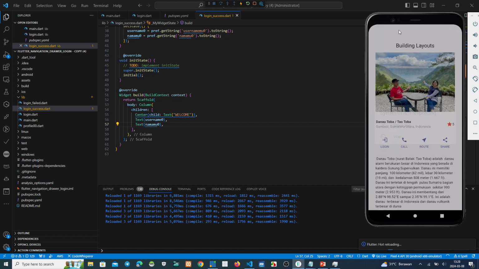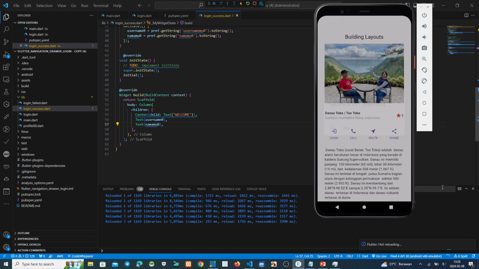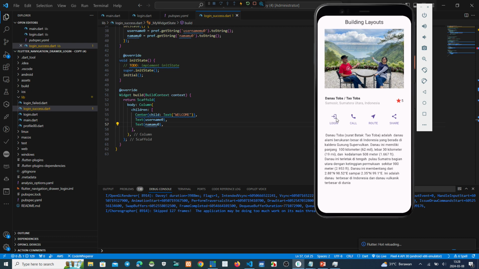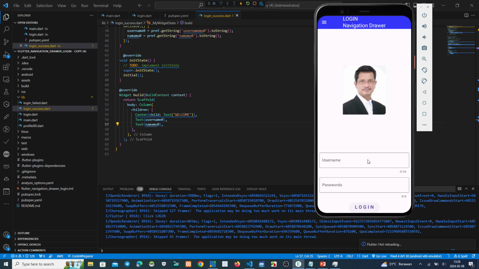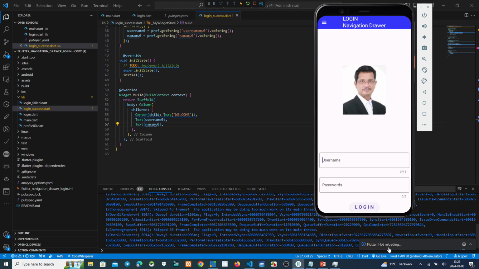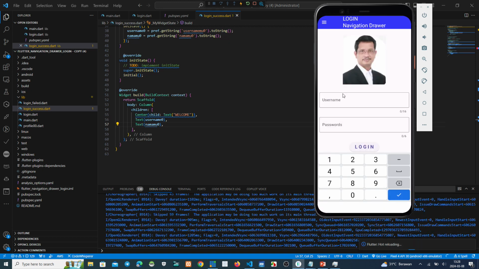This is the login script. Okay, login. Hot reload, we wait until it finishes.